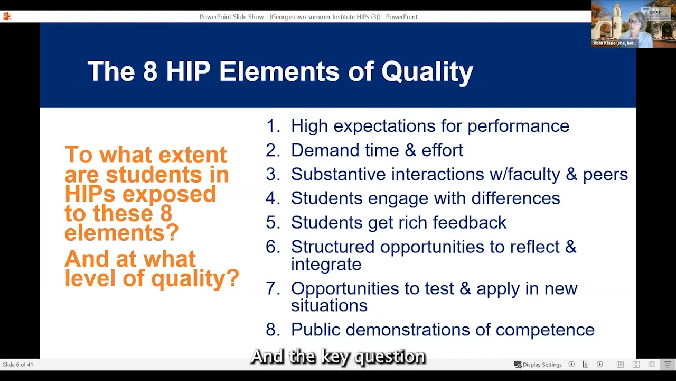And the key question for me is always, all right, if high impact practices are all about these particular dimensions, these elements, how do we know that these things are happening? Can we all point to how much investment of time and effort these high impact practices require of our students? Can we all say where in our HIP it invites students to engage with difference, and that we know that